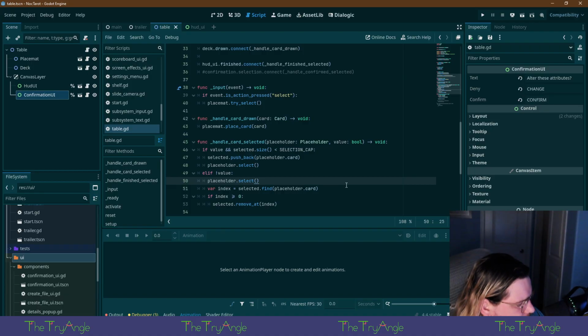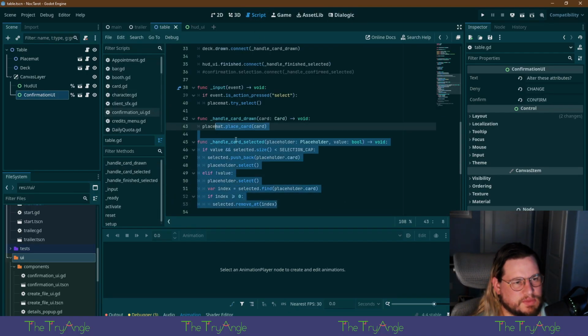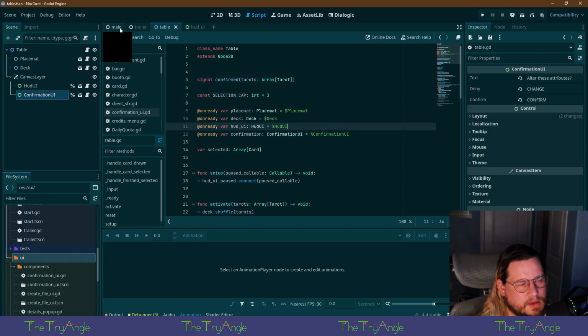What else? The drinks. Actually, I had a problem with some of the dialogue. Actually, let's focus on non-dialogue things right now, which is the drinks.